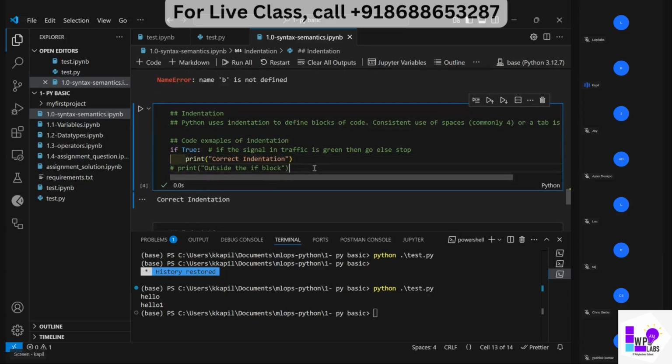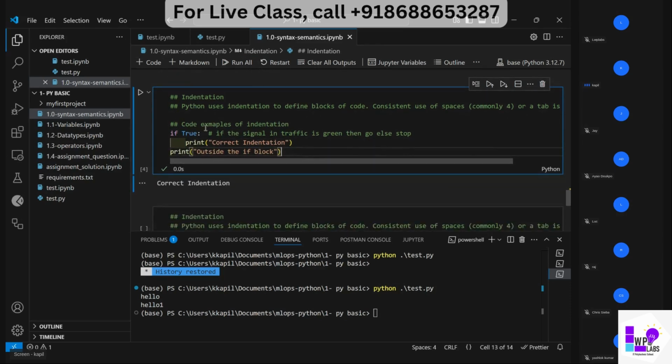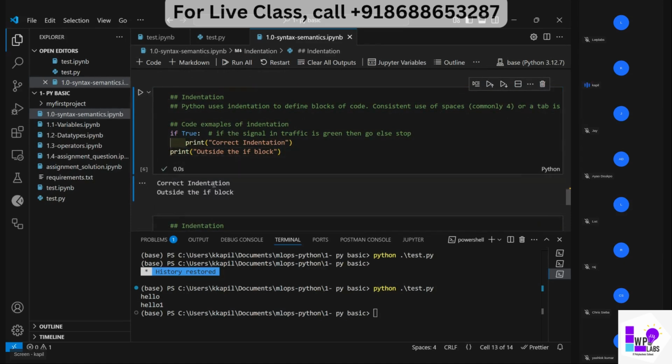In a similar fashion, if I uncomment the last line, what would be the output? Let me show you. You see, correct indentation outside of if block. Once this particular line was finished, the control came to this line, this print, and it printed. If this would have been a red signal, let's say, okay, let me